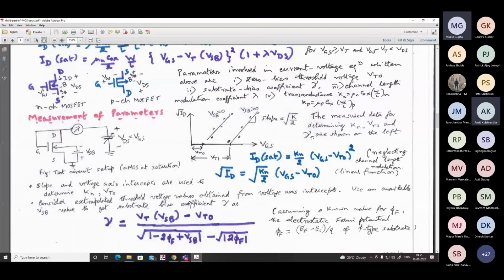Sir, so you calculated that phi F is equal to 0.55 volt for the polysilicon gate in the numerical. You said that it is highly doped, so we can take the 0.55 volt value. Yes, you can tacitly assume that, as the donor concentration ND was much higher, 10 to the